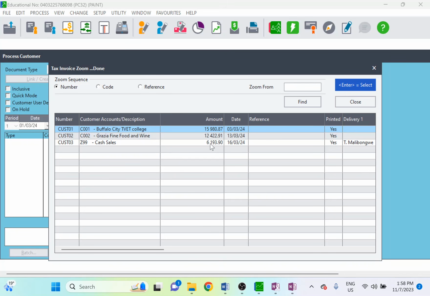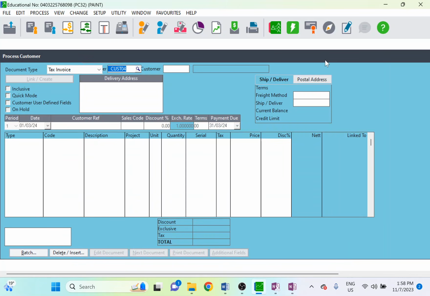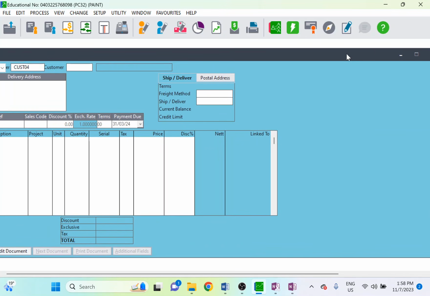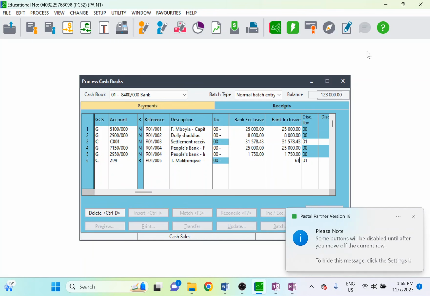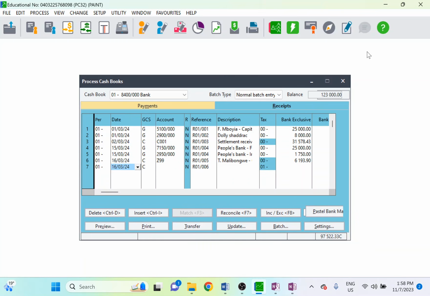So the total was 6,190 rand 90 cents. So there's no discount. Remember, you don't have to go under process customers. You would have written the total on your question paper. You just look at the total for T Malibongwe. So there's no discount. 6,190.90, no discount. We are done with that transaction. Next one,